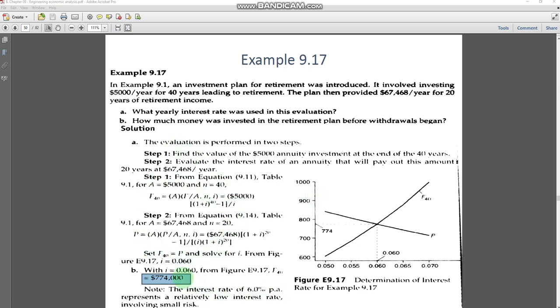So from here, what we can see is that if the person simply saves money for 40 years, he could have like $200,000 at the end of 40 years. But if he makes some small investment with the profit rate of 6%, then he would have $774,000 at the end of his retirement. Okay, so a small investment with a small value for the interest can give a better final payment, if you invest in the earlier time.